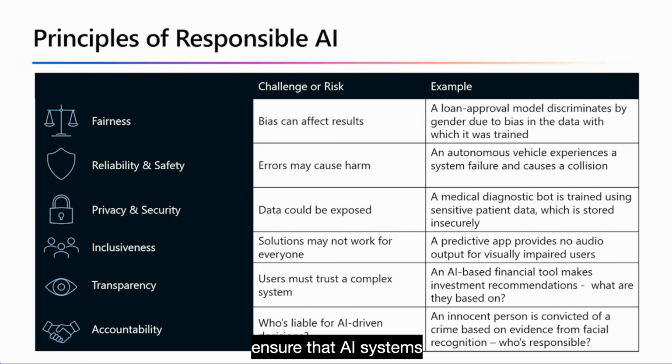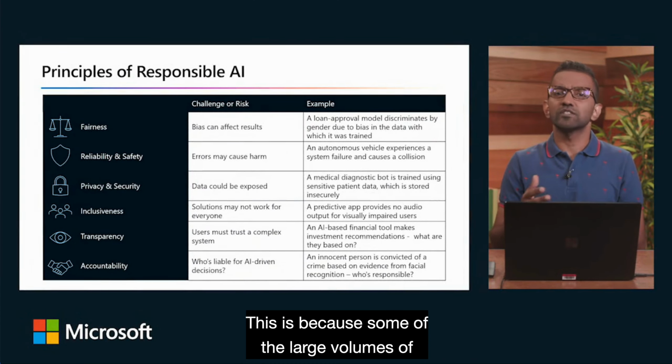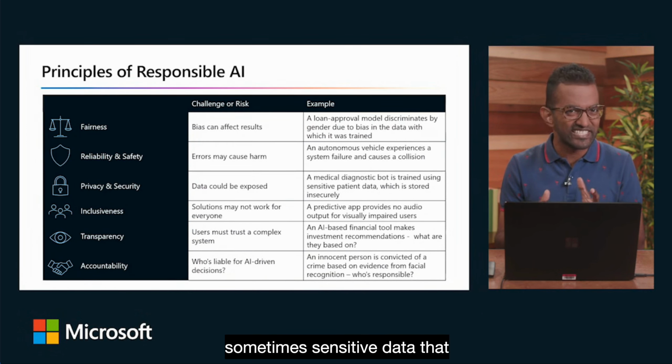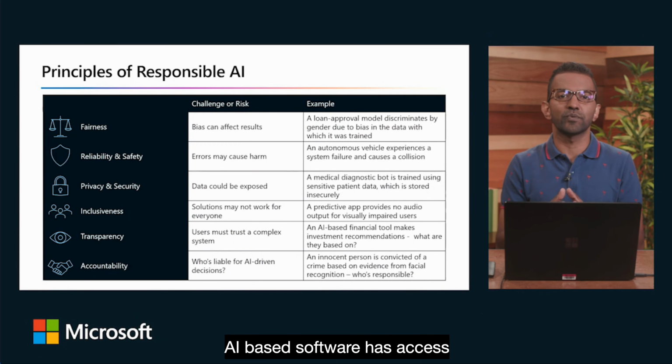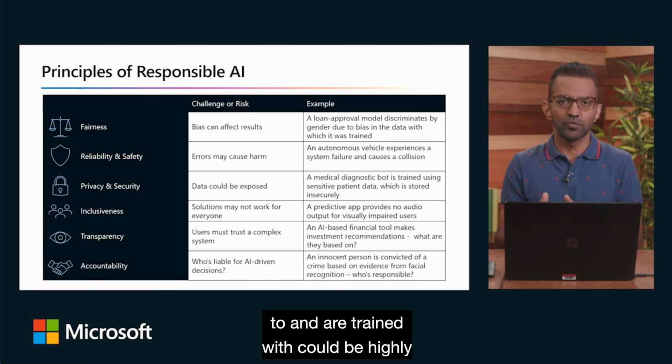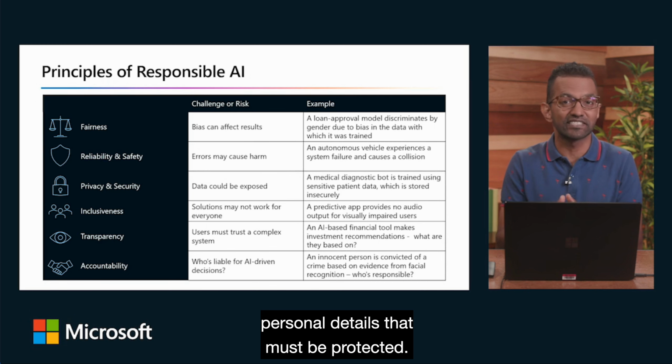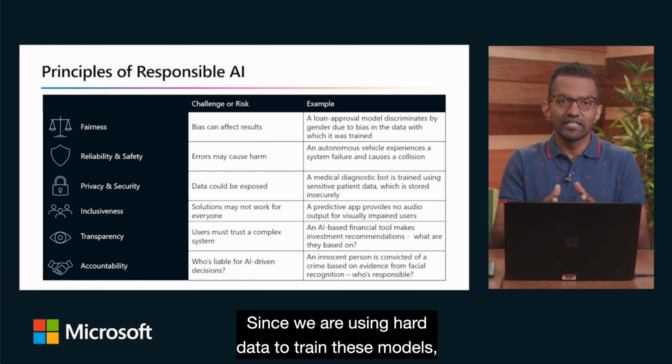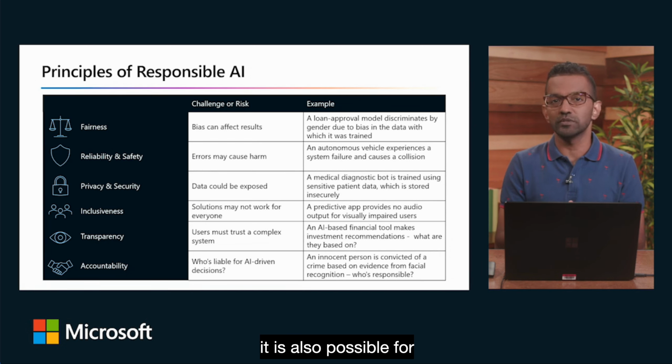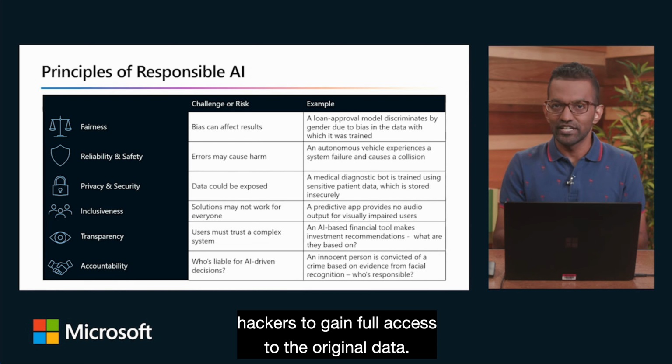Next, we must ensure that AI systems are secure and respect privacy. This is because some of the large volumes of sometimes sensitive data that AI-based software has access to and are trained with could be highly sensitive, and there could be personal details that must be protected. Since we are using hard data to train these models, it is also possible for hackers to gain full access